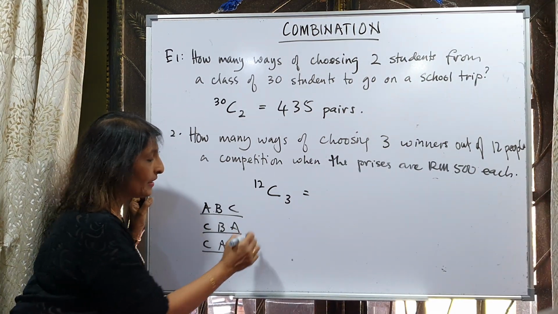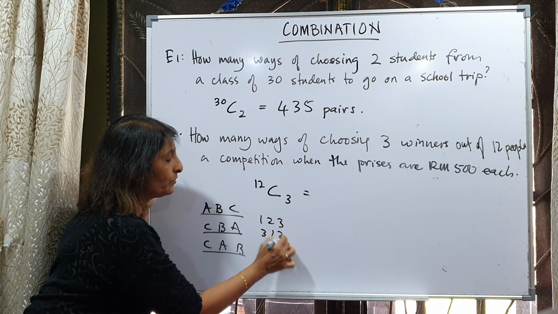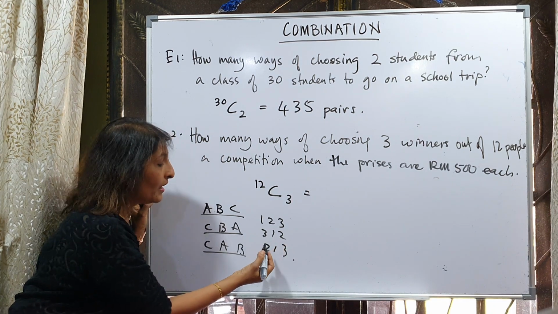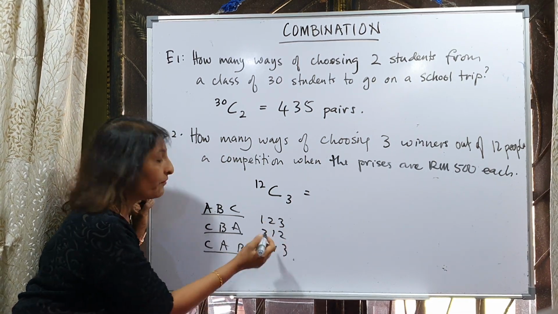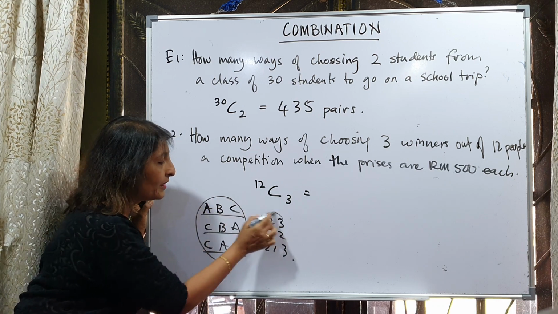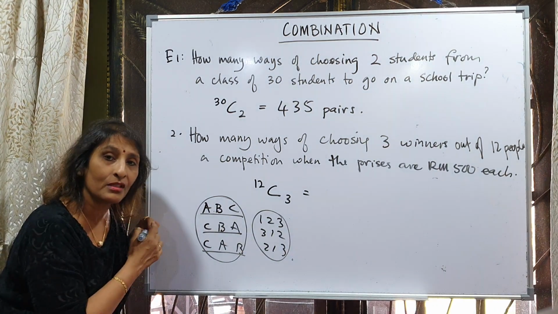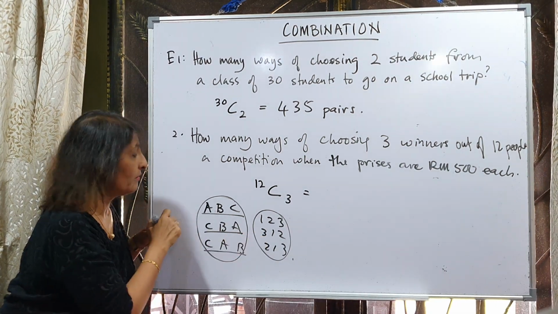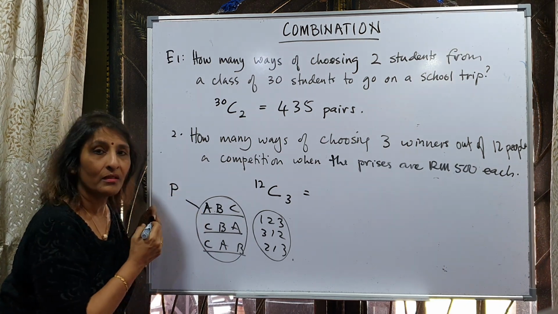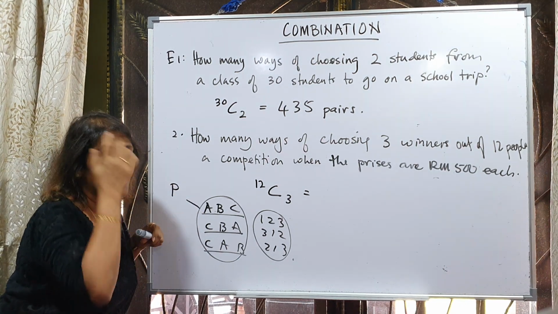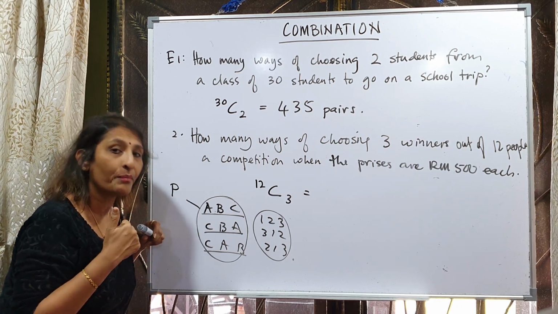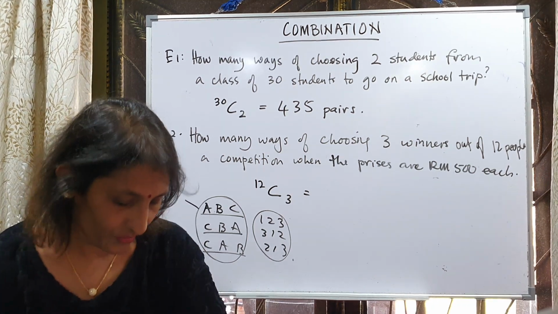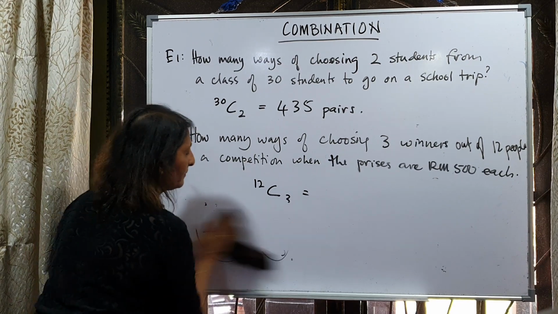So for numbers it's the same. If it's 1, 2, 3, 3, 1, 2 and 2, 1, 3, they are all different. This is 123, this is 312 and 213. They are all different. Therefore, when you have alphabets, numbers, anything to do with forming letters, forming codes, then you have to use permutation, P. Alright? All these you have to use P because the arrangement is important. So I hope you can understand the difference between permutation and combination. Alright? Okay. Now let's go on some more examples.